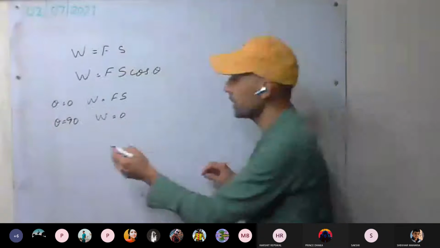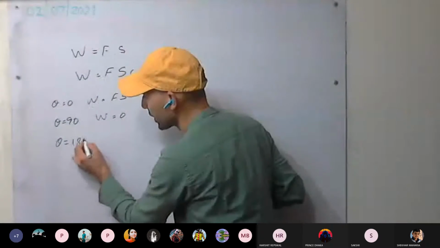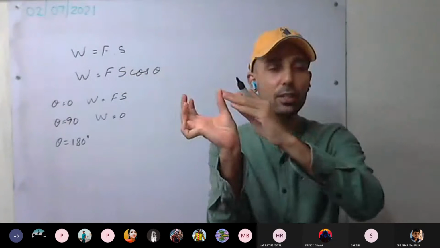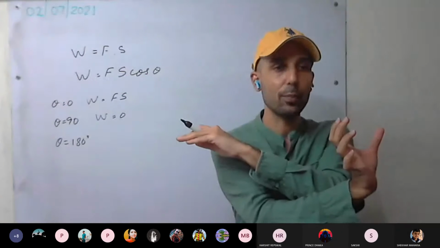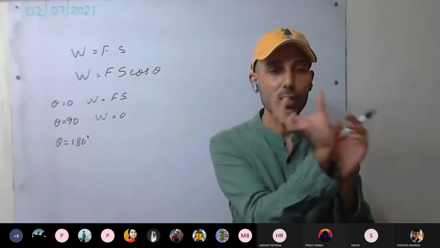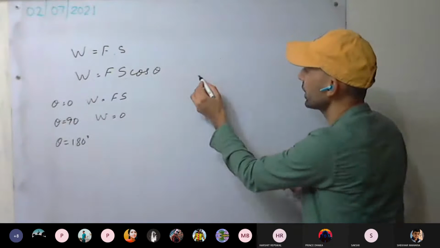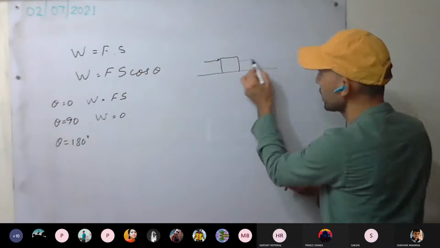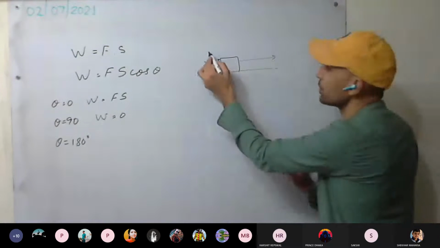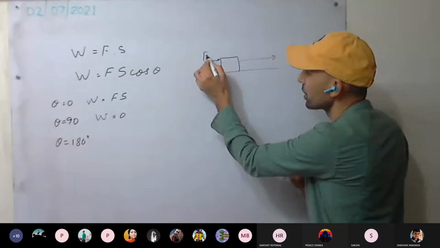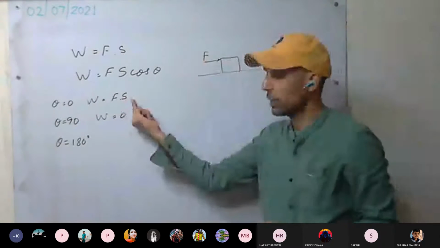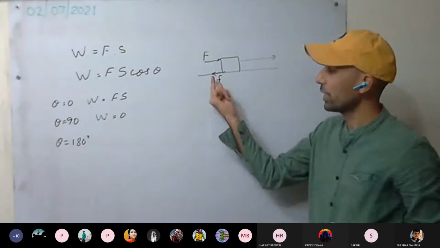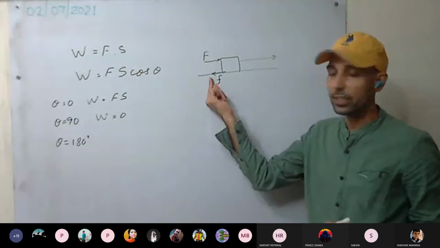And when theta equal to 180 degree, it means force is in this direction, but the body is getting displaced in the opposite direction. For example, one example we can take: a body is being acted on by some force. It is moving in this direction. Work done by that force is F into S. But if we consider this frictional force,